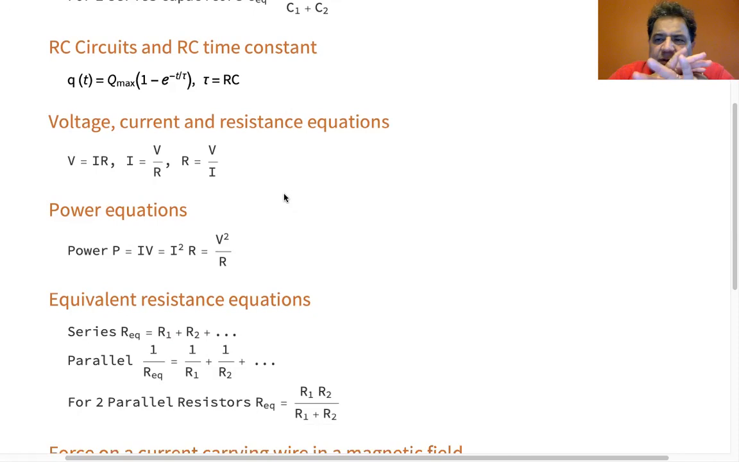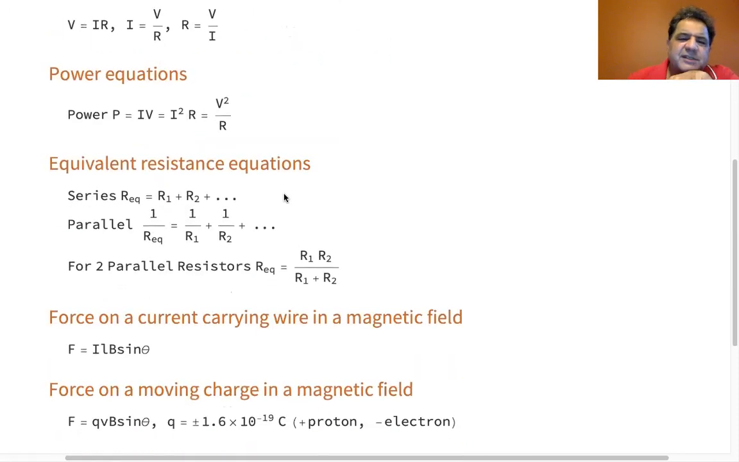So those all represent power. Now, when we have resistances in series or parallel, these are the equations. Series is simply the sum of the resistors, R1 plus R2 plus however many you have, and the parallel is the reciprocal of the R equivalent is equal to the sum of the reciprocals, 1 over R1 plus 1 over R2 plus